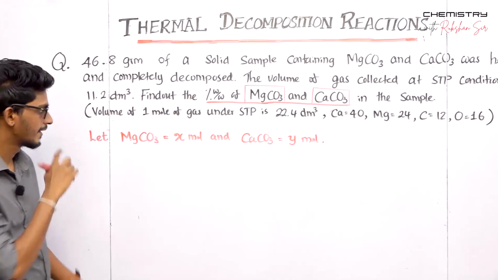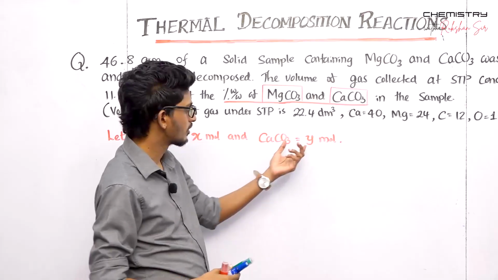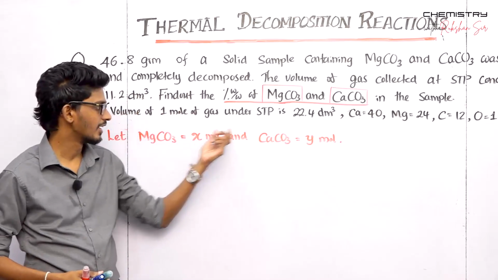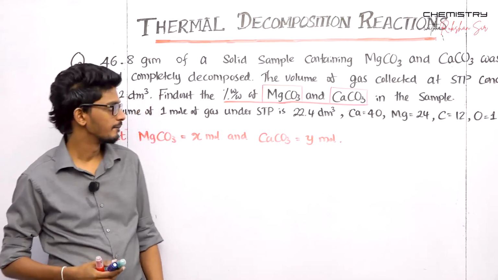So if we were able to come up with X and Y, those two values, basically the number of